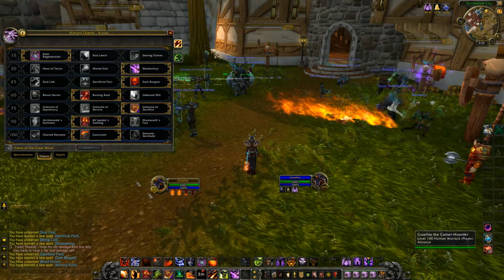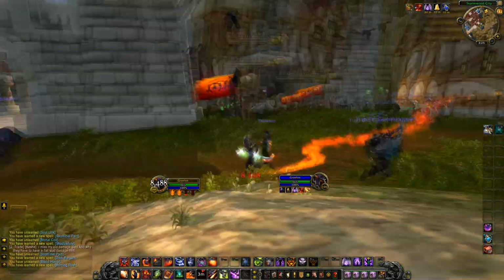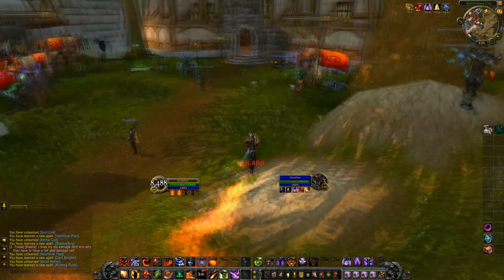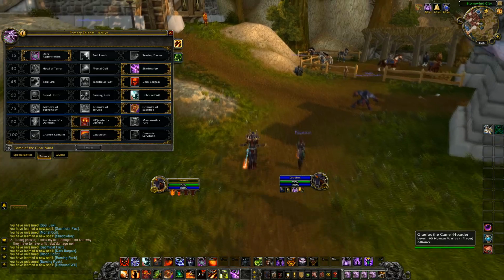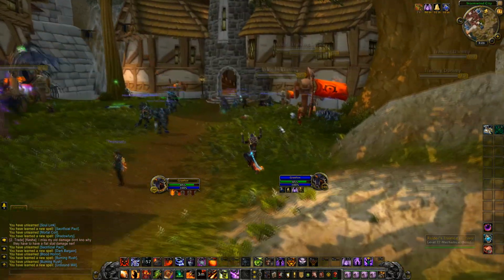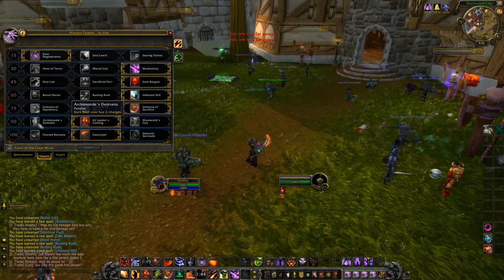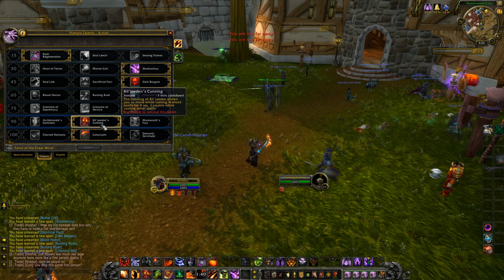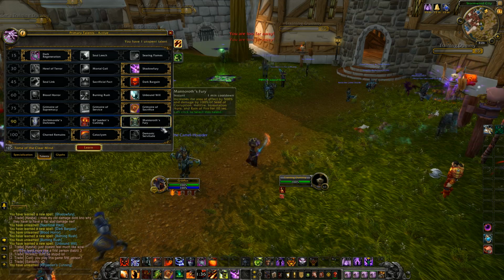Looking now at Burning Rush. So still the same effect. That crazy little fire trail behind you, pretty cool. Looking now at Unbound Will. So that's kind of cool. Got a little bit of a flaming shadow effect above your head there. Now, Kil'jaeden's Cunning is now an activated spell which lets you cast all your stuff while moving with a 1-minute cooldown. Let's take a look at Manarot's Fury,